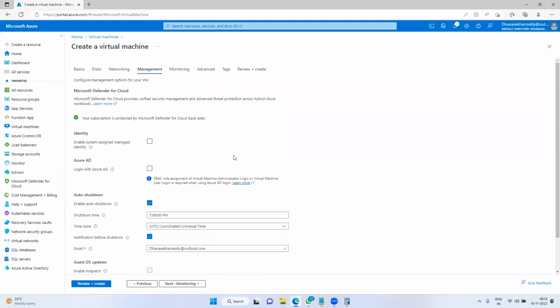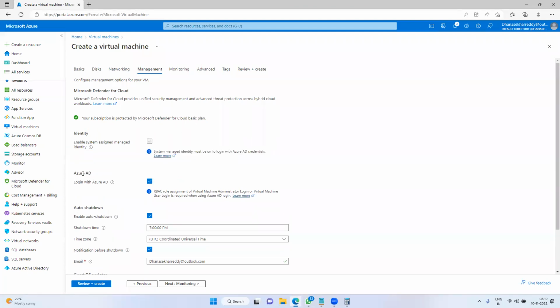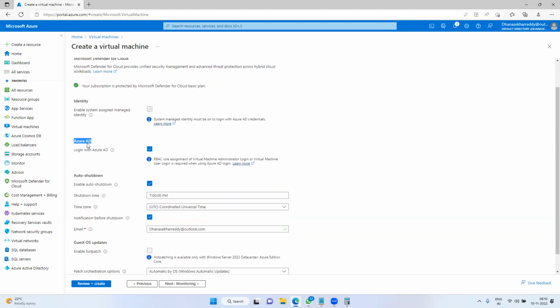If you would like to add this server into Active Directory, just add it. Here it is showing Azure Active Directory. If you don't like, you can see it later. Now I would like to add this server into the domain.